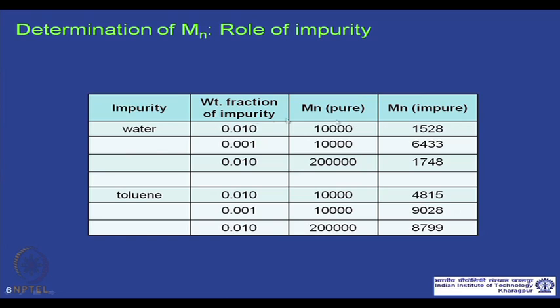So, basically even 1% by weight presence of water as impurity is decreasing your determined Mn by several factors,